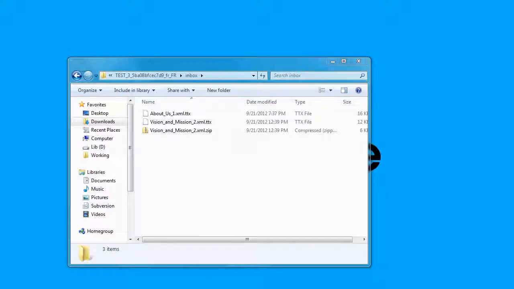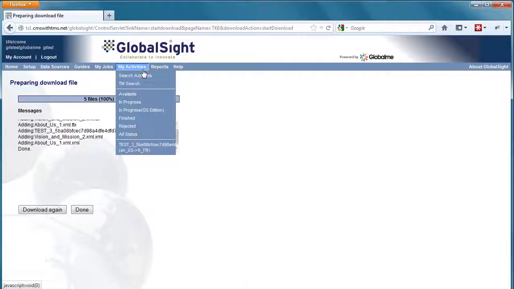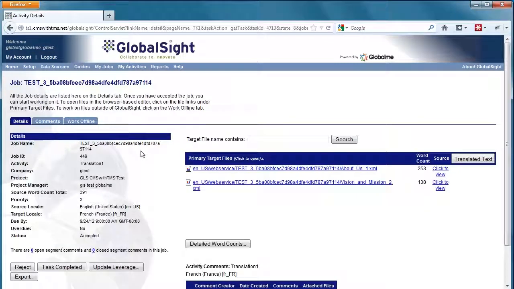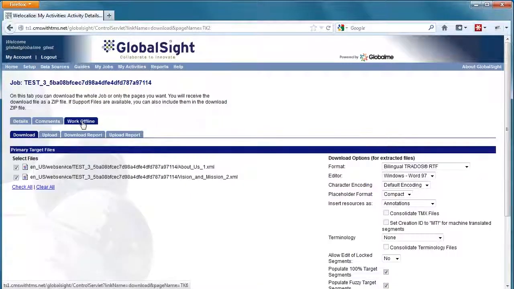You can upload the files individually or in separate batches. It does not have to be a complete package. If you want to upload them individually, you don't need to zip them, just select them one by one, or you can zip them in batches and upload them together. I zipped my two files together, so I go back to GlobalSight now, go back to the activity, and go to the Work Offline tab. And instead of the Download tab, now we need to go to the Upload tab,